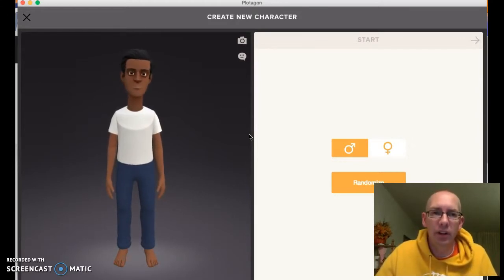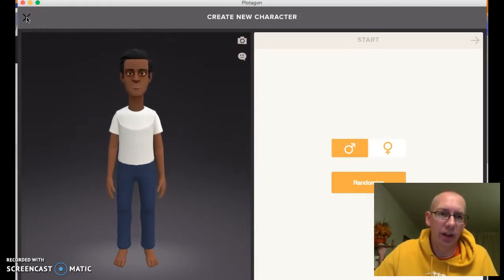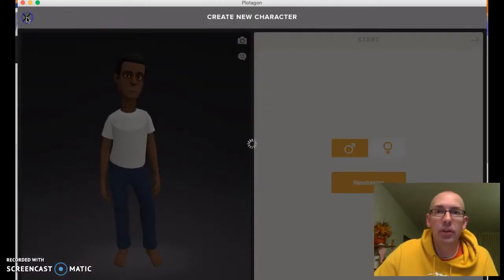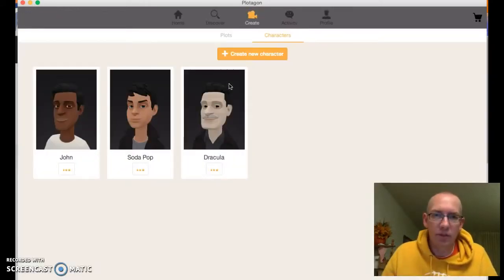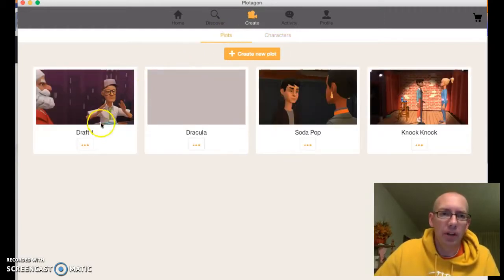Or it could be how they would envision a fictional character like George or Lenny from Of Mice and Men, based on the descriptions from the book. I'll get back to that in a little bit with Dracula and show you what I did with him earlier. Going back to your plots,